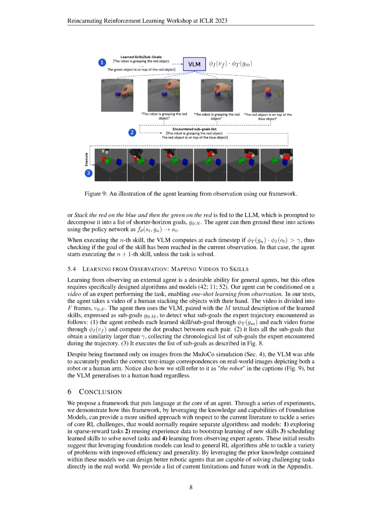Section Summary. The framework described in this section allows the agent to efficiently explore and learn to solve tasks with sparse rewards, as well as reuse and transfer data for lifelong learning. By using a language conditioned policy, the agent can learn a series of skills and schedule and reuse them to solve new tasks. Additionally, the agent can learn from observing an expert through videos, where the video frames and textual descriptions of learned skills are used to detect and execute the sub-goals encountered by the expert.